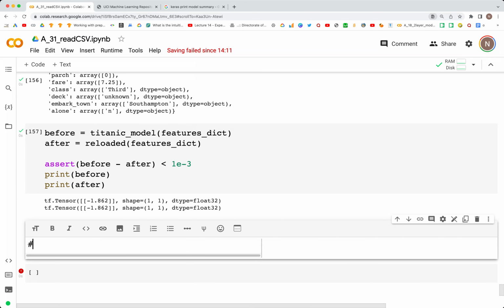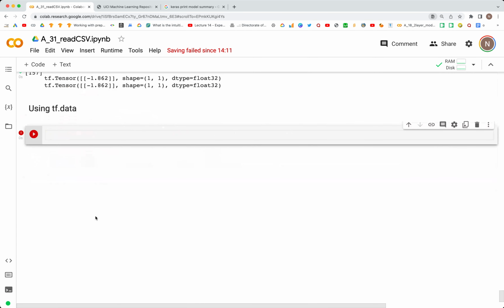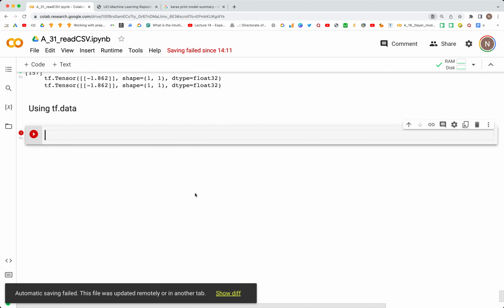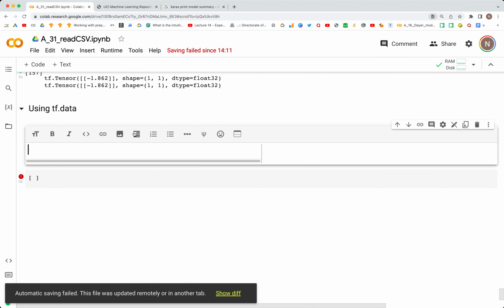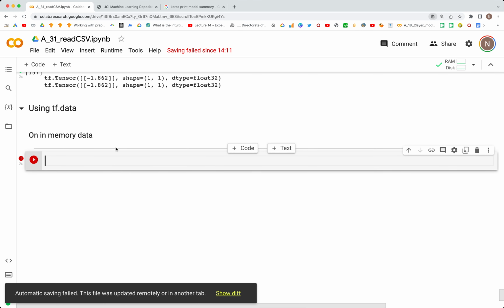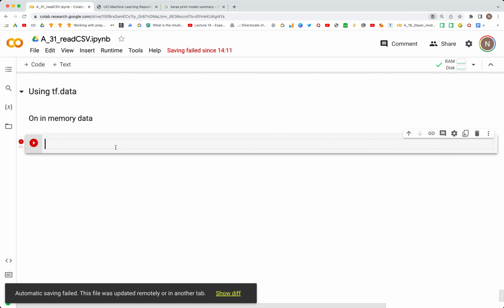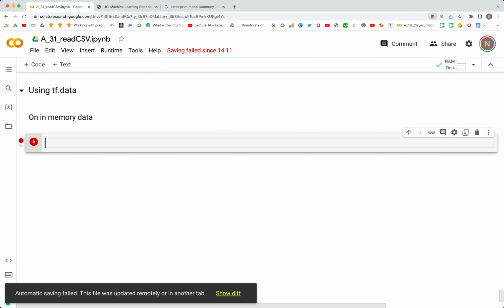I'm going to add a section, using tf.data, and for the purposes of processing, the first section will look at in-memory data. We'll consider the same dictionary that we have been using previously,